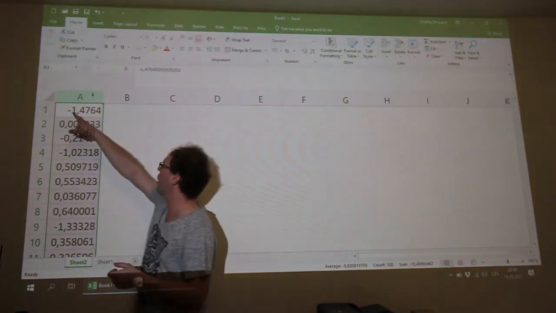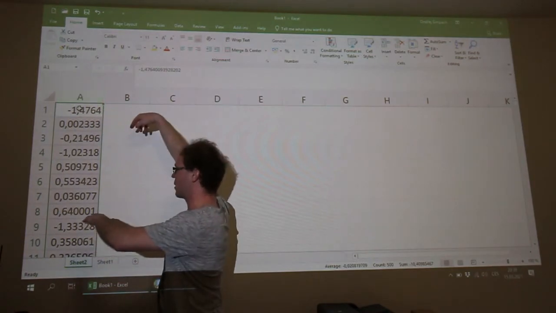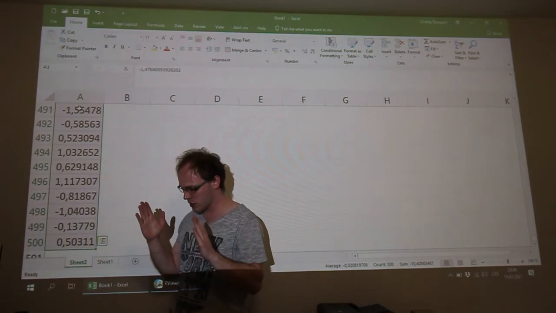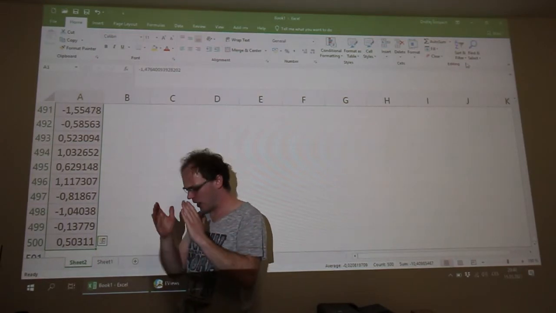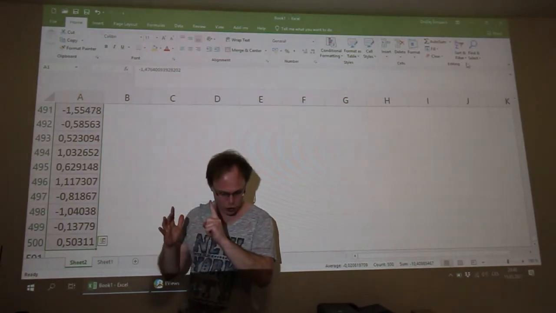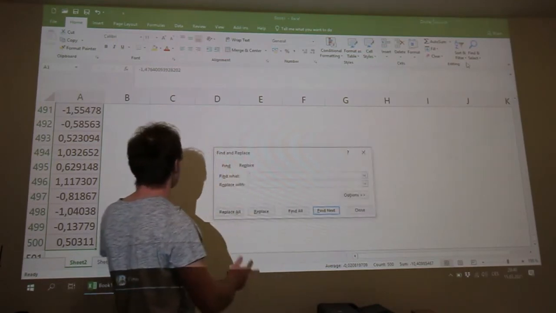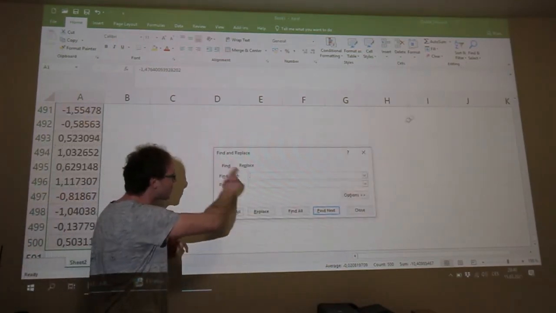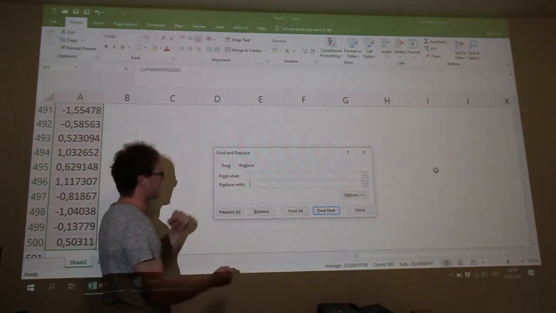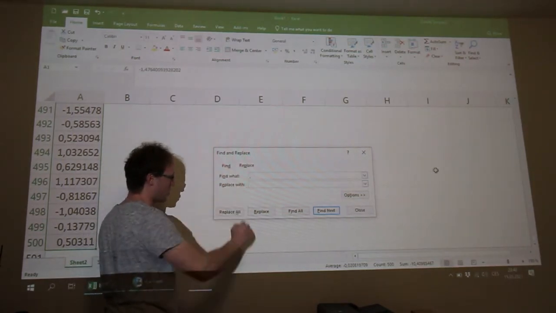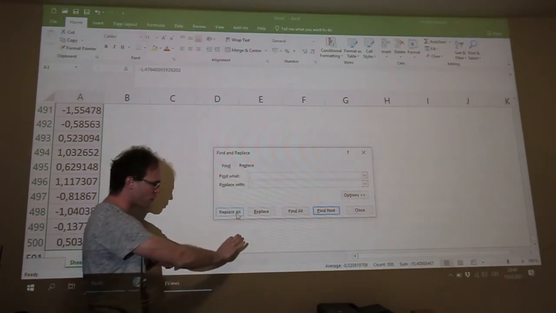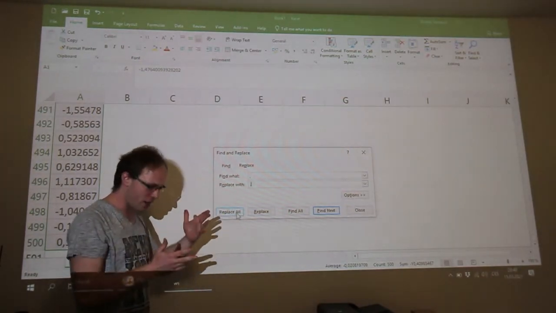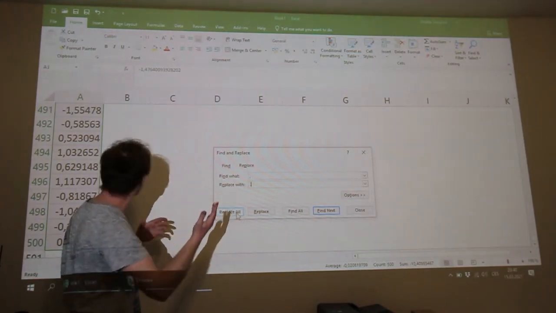Yes, for example, Control Shift and arrow down, and we will use the shortcut Control H for find and replace. So we must find commas and replace them with dots, because EViews is English-speaking software and requires dots instead of commas.